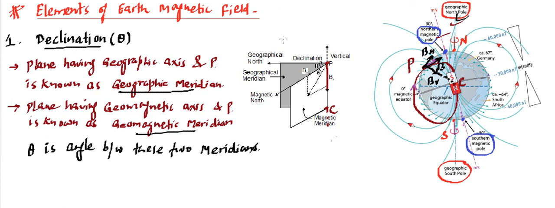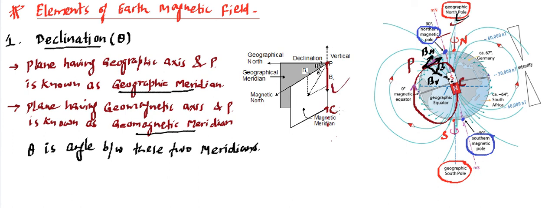Now you will see that this PC line is going to be the line of intersection, because point P lies on both planes and point C lies on both planes. If you join a line between these two points, that line will also lie in both planes. So this line shown over here is going to be the line of intersection of the two planes. Whenever two planes intersect, they create a line.